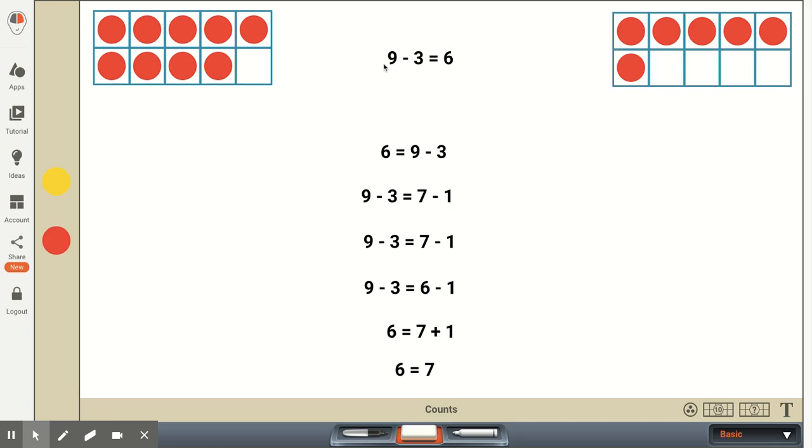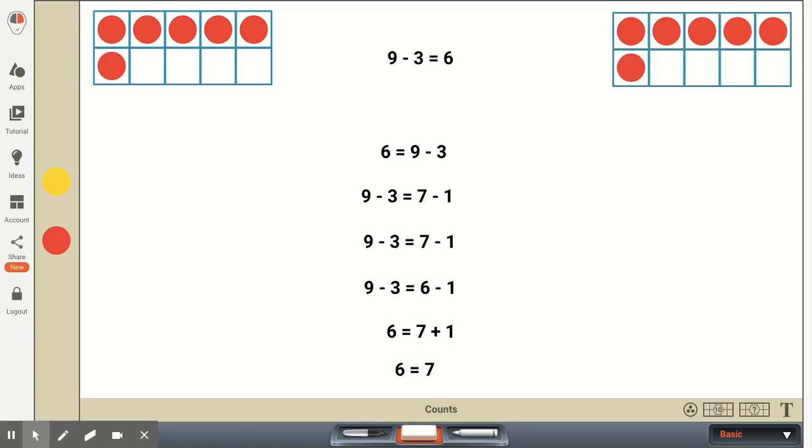So once again, some students might have to pull out some counters or blocks and physically or on paper be drawing, showing 9 counters, and they're going to subtract 3. So if we take 3 of our counters out of the 10 frame, we no longer have them. We're left with 6 counters on the left side, and we have 6 counters on the right side. So this first grader has shown us that they know that 9 minus 3 is equal to 6, and that that is a true equation.